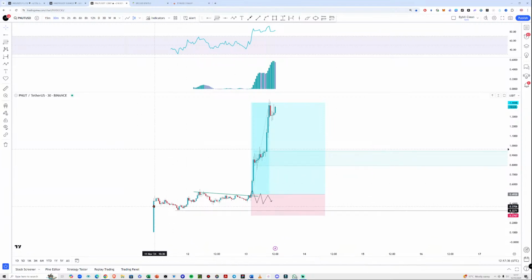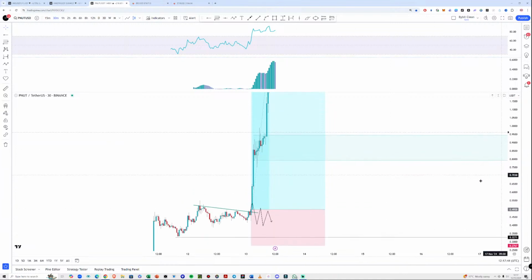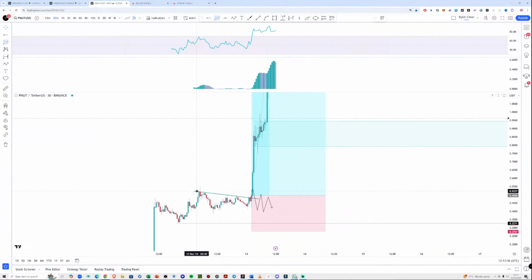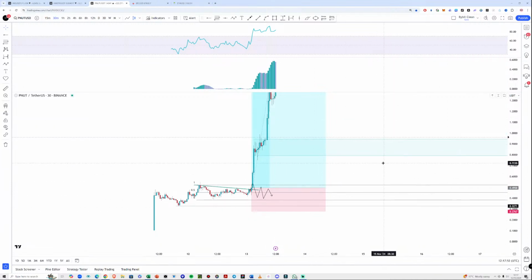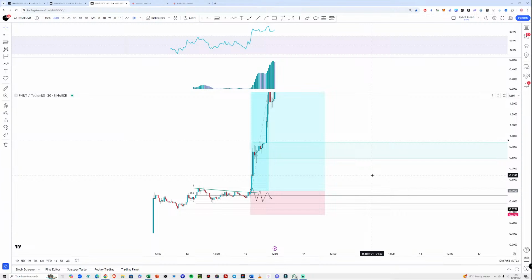Fresh listing on Bybit within the right category, looking good, right? It's maintaining its structure here. Even if it was doing this sort of thing, right? We could probably draw a lower time frame range here. And yeah, it's very plausible that this goes for more upside, but your brain will basically be fixed into a state of cognition where it's trying to remove you from that stress state. So